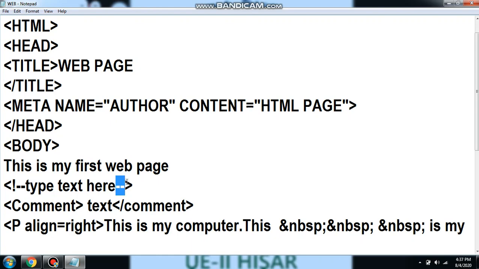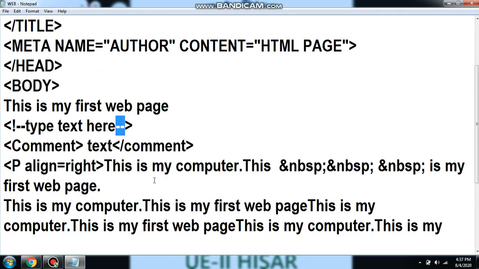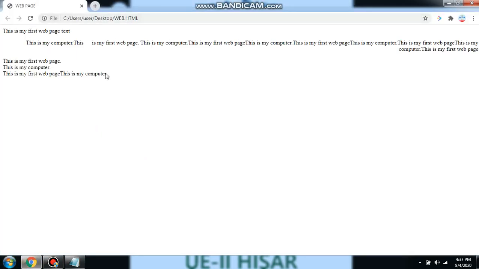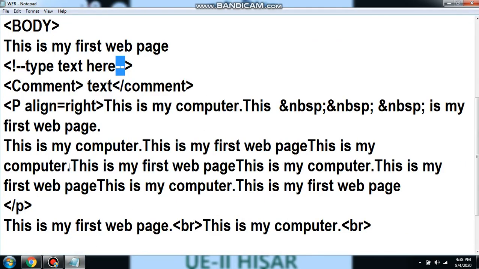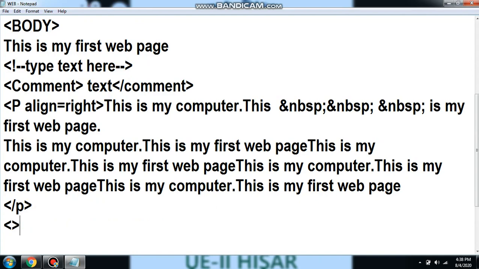Now the next tag is your HR tag. Suppose in this output you can see, if you want to divide this file into 2 parts, for that purpose we can insert a horizontal line. To insert any horizontal line, we have to use the HR tag.